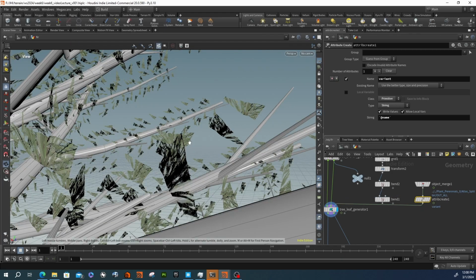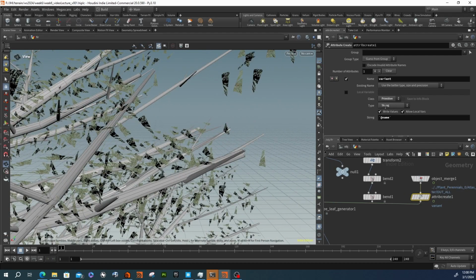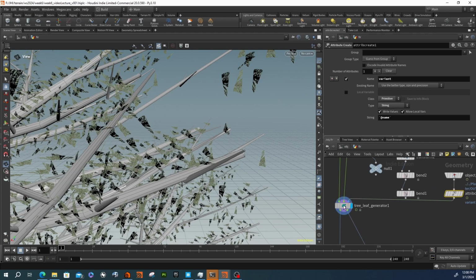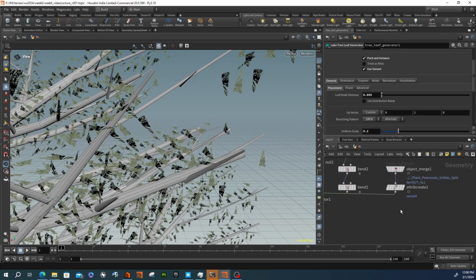Now let's take a look at what that does and see if that didn't change anything. So we now have a variant attribute that it didn't have before. Let's dive in there one more time and take a look at this. It's taking this from a point. It's looking at a point attribute, not a primitive. So